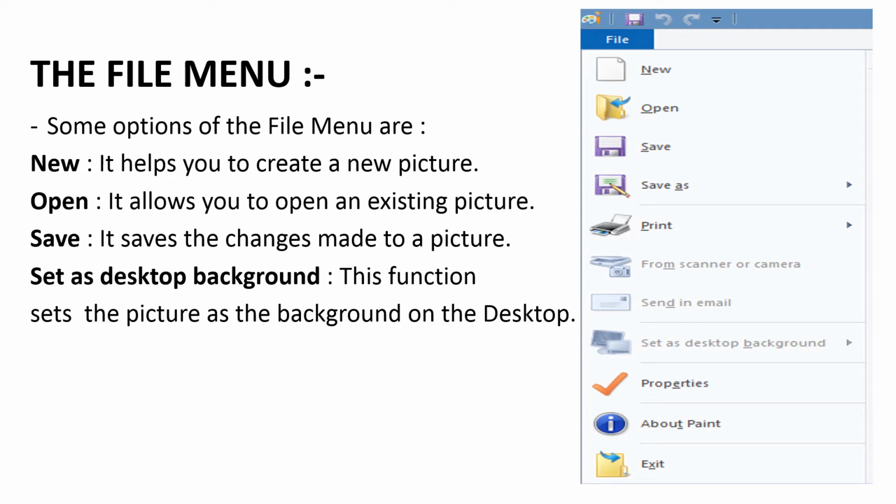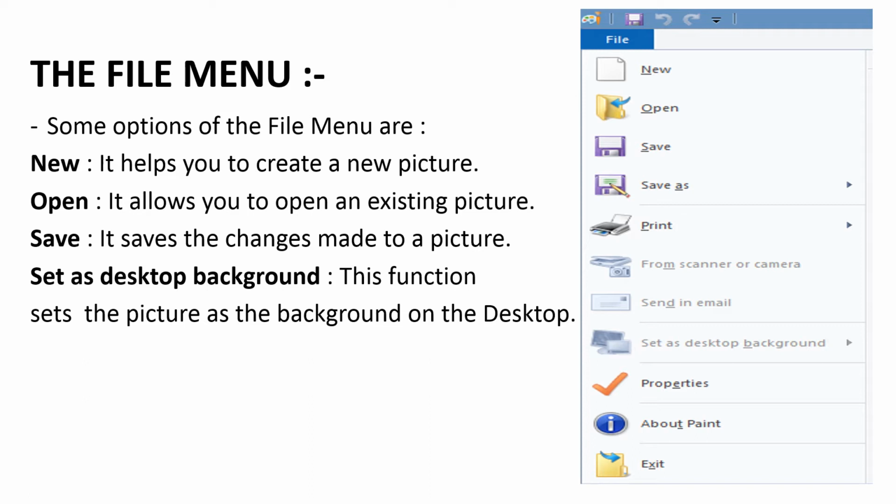When you are done with the drawing, the save option, it helps you to save the changes made to the picture. Suppose you have made any drawing and you have saved it, but again when you do the changes to that drawing, the save option, it helps you to save the changes that you have made to your drawing.